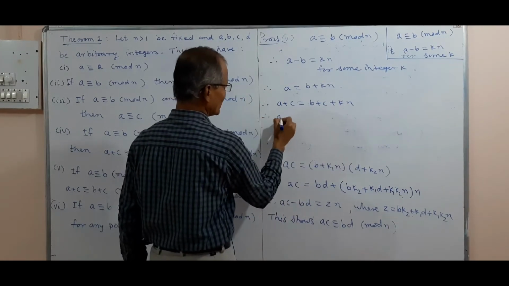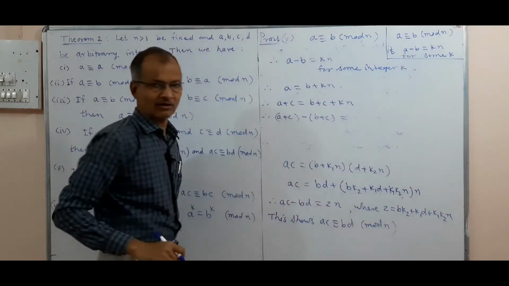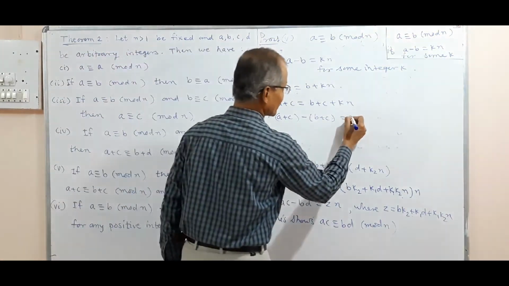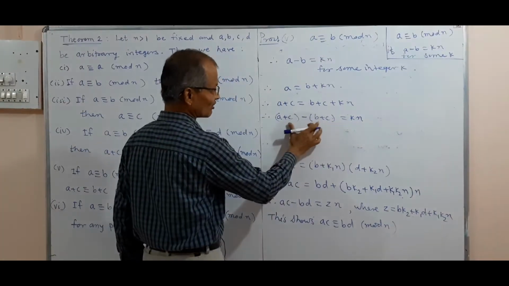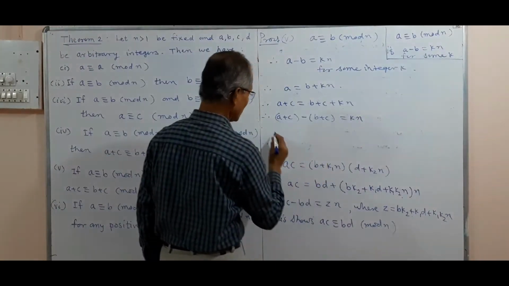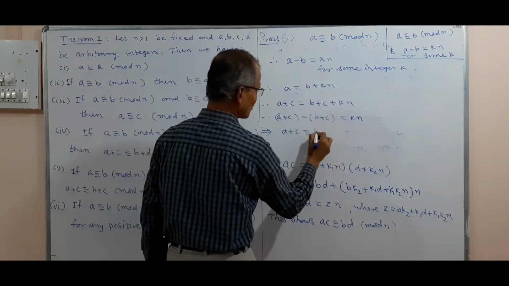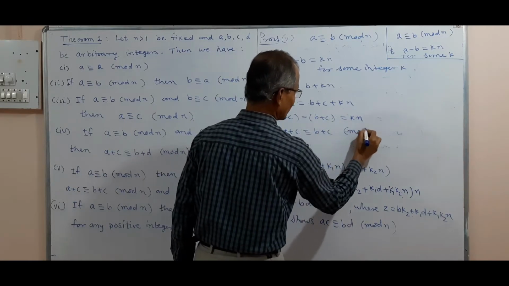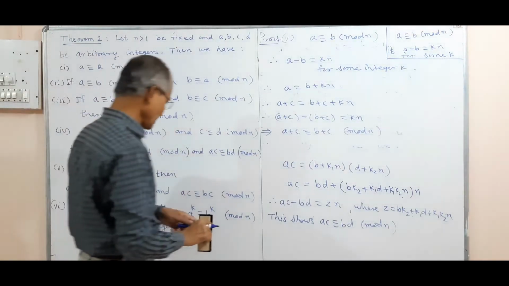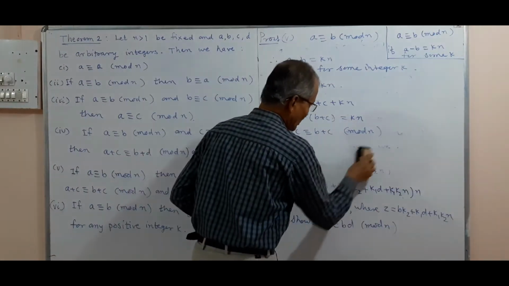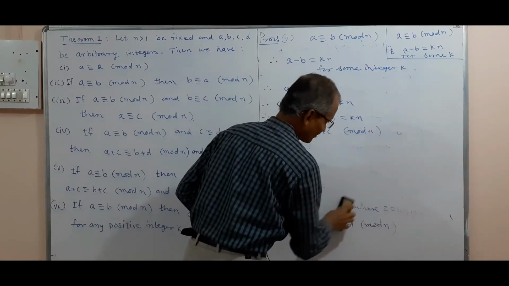And now we can take the difference of A plus C and B plus C, shifted to the left side, and this difference remains as Kn, a multiple of n. This difference is a multiple of n, therefore these two are congruent modulo n by definition, and thus A plus C is congruent to B plus C modulo n, which proves the first part of this property. Now the second follows similarly, AC is congruent to BC. Also from this, multiply the relation by C on both sides.